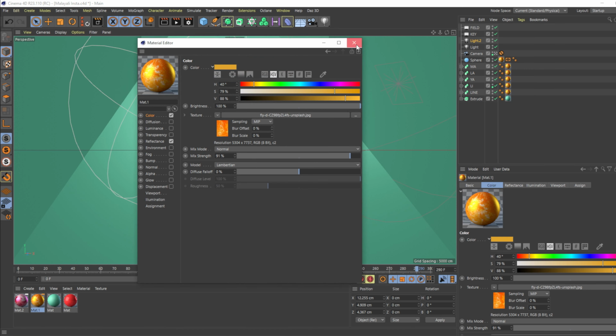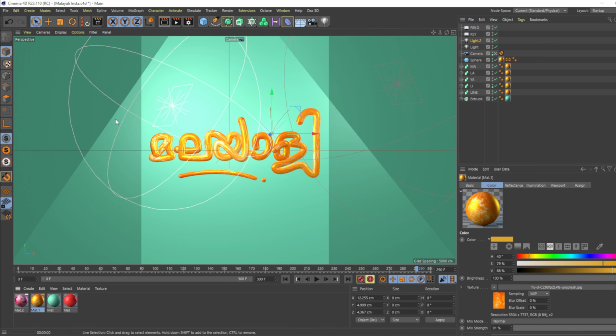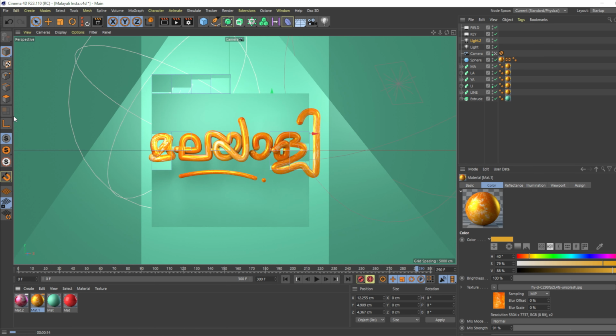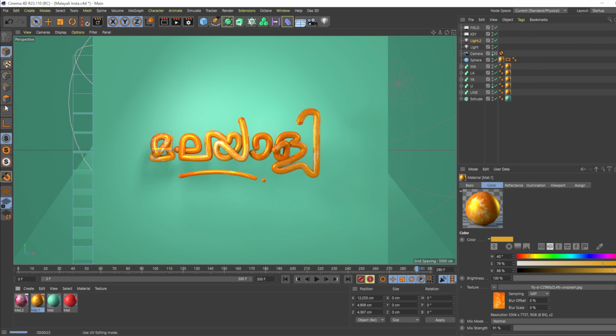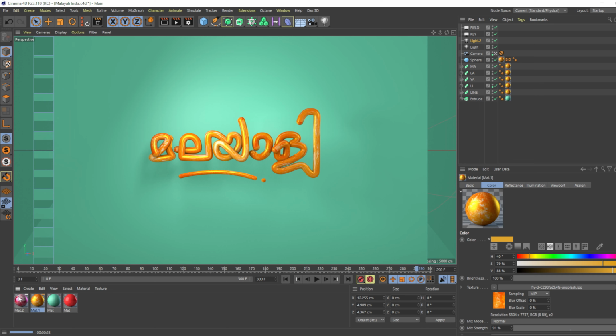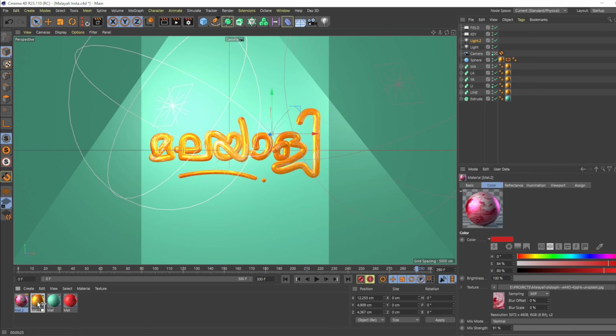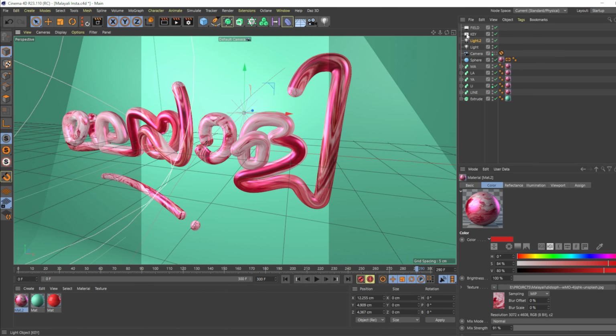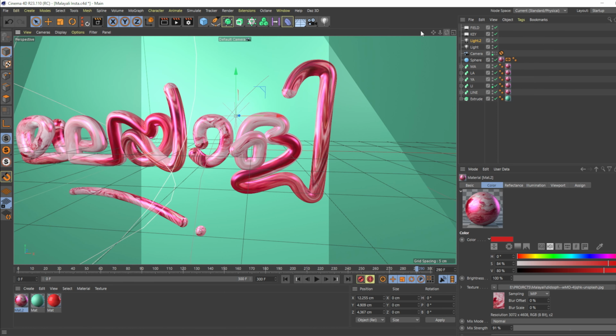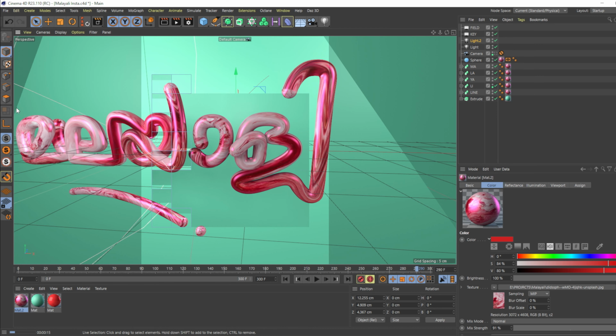Okay, let's do a render. So you can see here you can go with different looks for your typography. Let me change that back to the original texture I used and get a close-up view of that and hit render. So this is it for today.